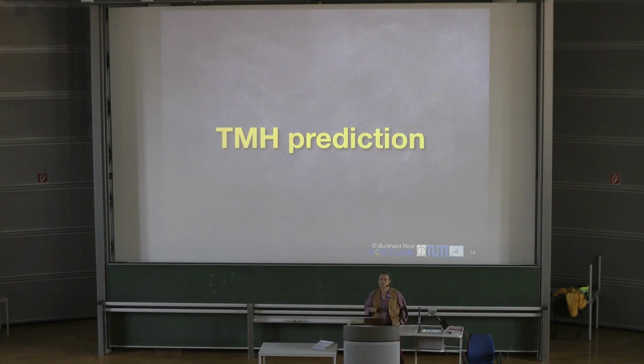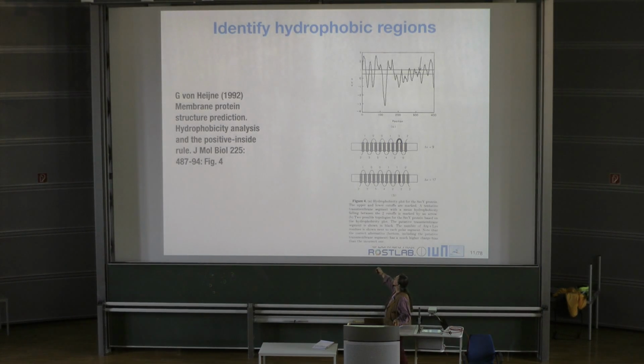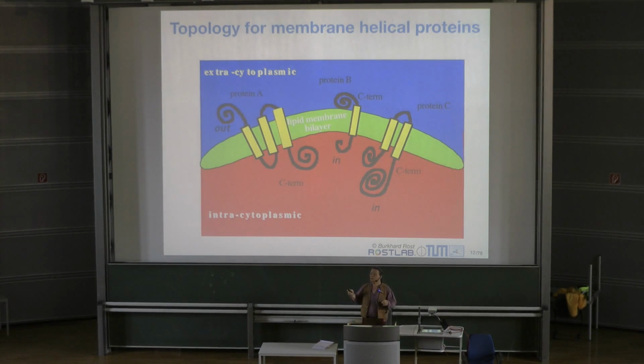Transmembrane helical prediction, since it is hydrophobic inside, you look at the hydrophobicity scale, and one way to predict transmembrane helices is you draw a hydrophobicity scale. Higher values here mean higher hydrophobicity, more likely therefore to be in the membrane. And then you somehow look at a threshold, a cutoff in this, and say everything above that threshold is a membrane helix. Membrane helices have to have a certain length in order to get through the membrane. That typically is in the ballpark of 20 residues, because membranes, so unlike in this drawing here, membranes have a fairly